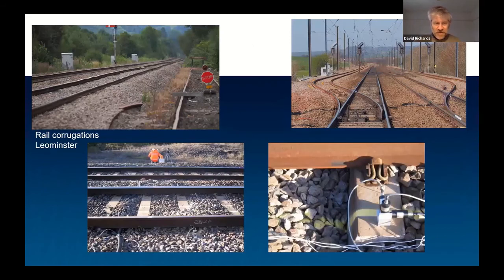So we mentioned the field. This is rail corrugations, looking at the impact of that and the transmission of the dynamic load through the rail and sleeper system into the ballast. And then we can take the measurements of that and induce those in the test that we might want to do in the triaxial machine or in the